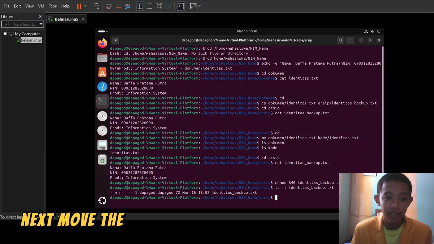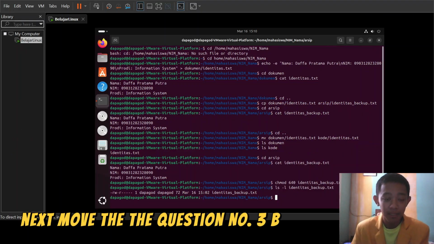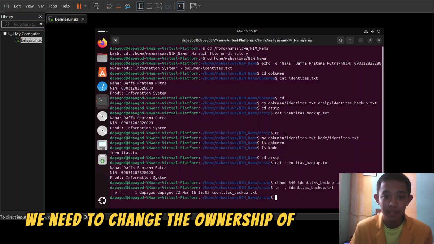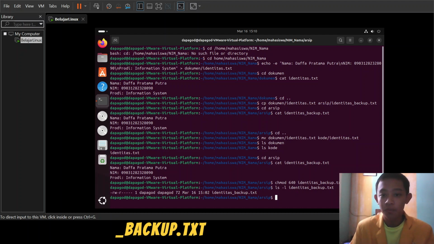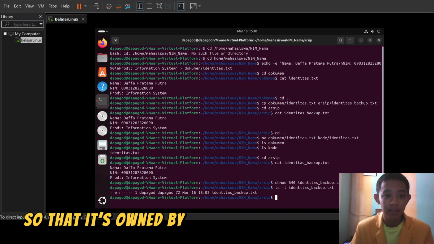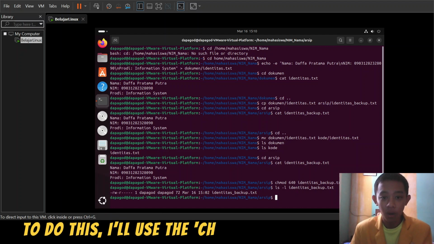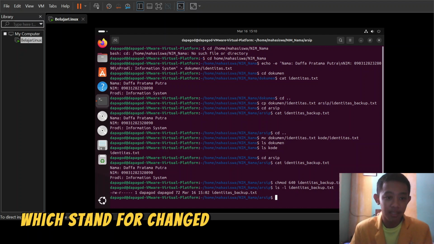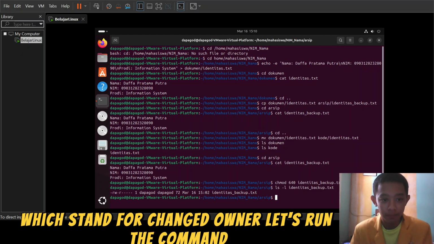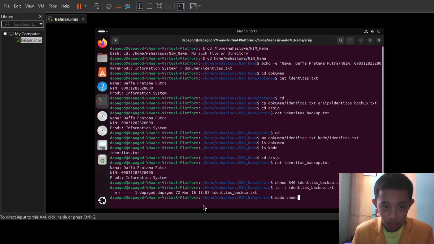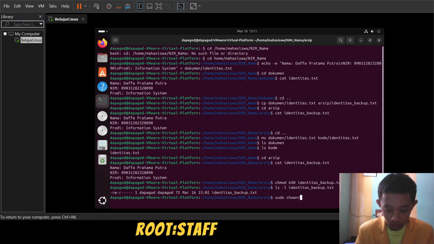Okay, let's move to question number 3B. In the 3B question, we need to change the ownership of the identitas_backup.txt file so that it's owned by the root user and the staff group. To do this, I will use the chown command, which stands for change owner. Let's run the command. sudo chown root:staff